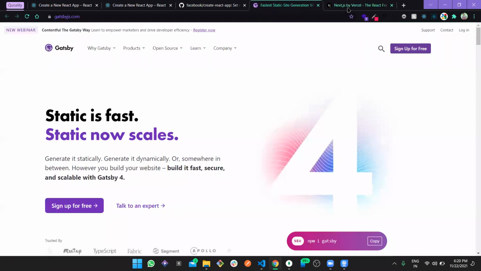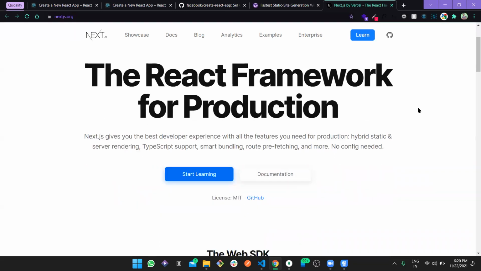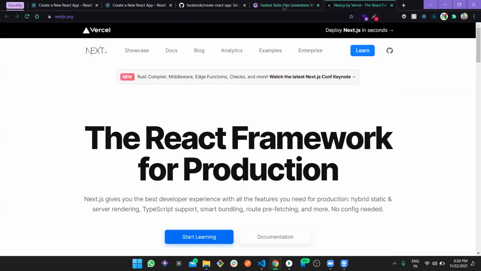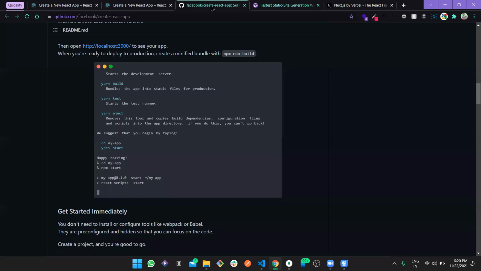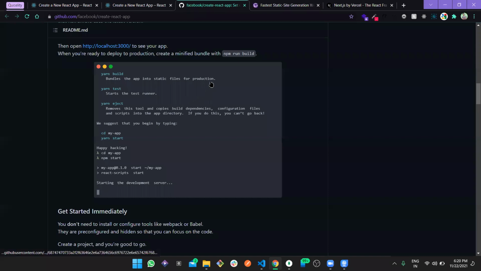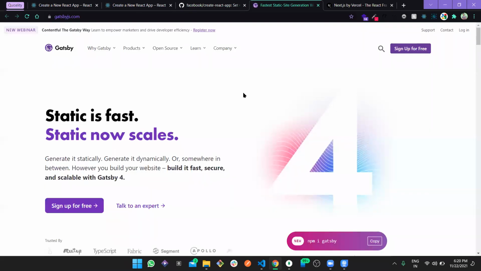And Gatsby, these are third parties, but both of them are brilliant at their job. But the reason why you should choose is, suppose today you are learning React. For now we are going to work with maybe Create React App, but tomorrow you might come up with something like creating a static app and you want to learn more advanced React. The fundamentals and everything would be the same as we are going to learn from today in this bootcamp,